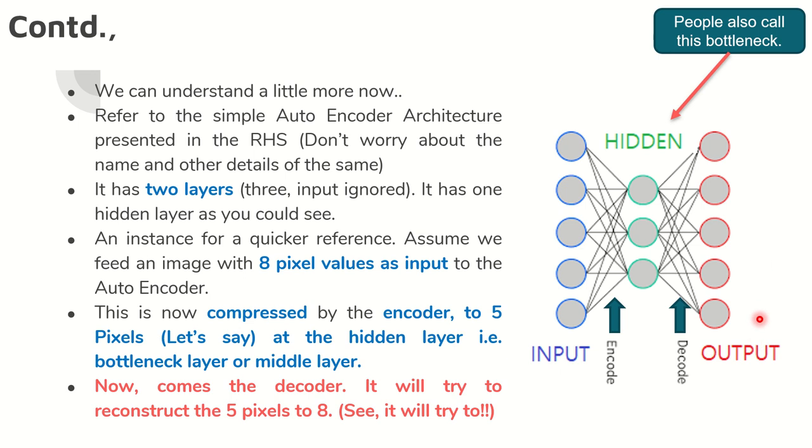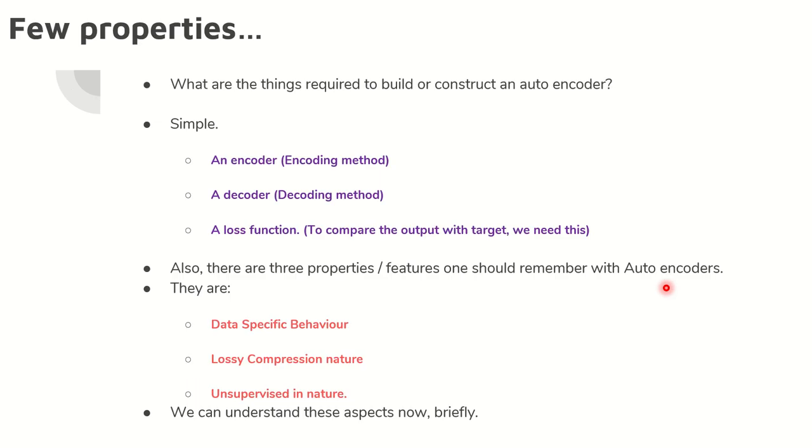That is it. Now, understand, the input layer is always ignored when it comes to neural networks. So we are going to consider it as a two-layered architecture. We have got the hidden layer, which is also called the bottleneck. We have got the output layer, and the input is encoded here, and we get it decoded in the final stage. Now, a simple example would help you. I am sending 8 pixel values as input to this autoencoder. Now, it will be compressed here to 5. For example, the 8 gets compressed to 5. But when it comes to the output layer, the reconstruction will happen, and it will be reconstructed again to 8. That's the simplest thing that you need to remember, the reconstruction, right?